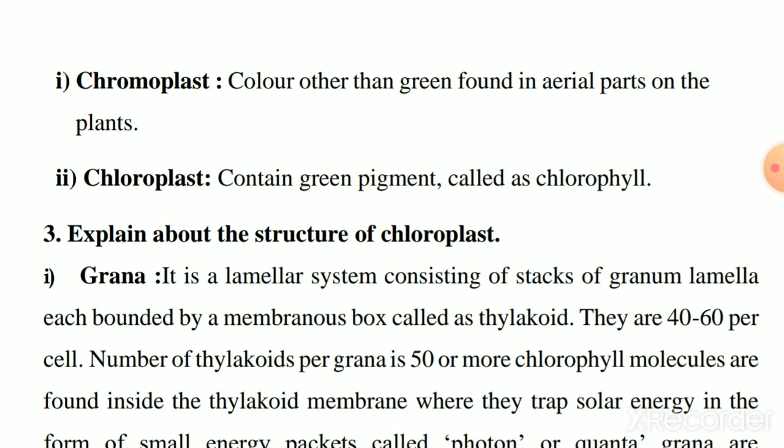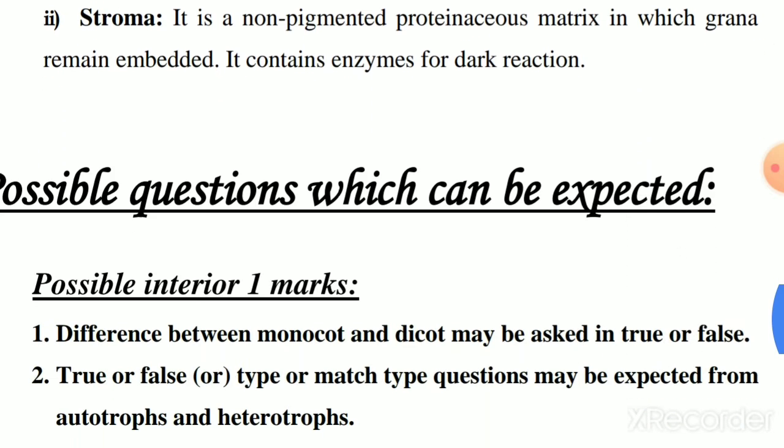And the structure of grana and stroma. The chloroplast has chlorophyll. The chlorophyll is arranged in the form of thylakoids, ring shaped. To hold the thylakoids, grana is present. Around the grana, stroma is present. In lower plants, 1 or 2 chlorophylls are found. In higher plants, 50 chlorophylls are found.